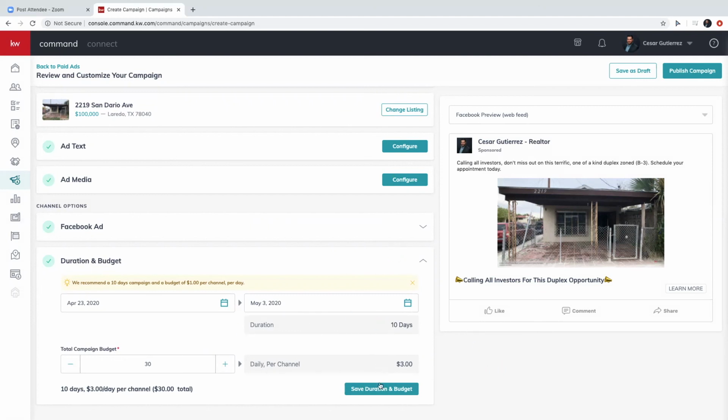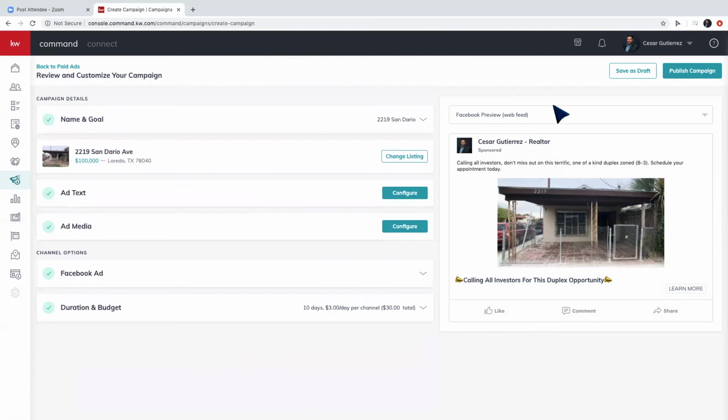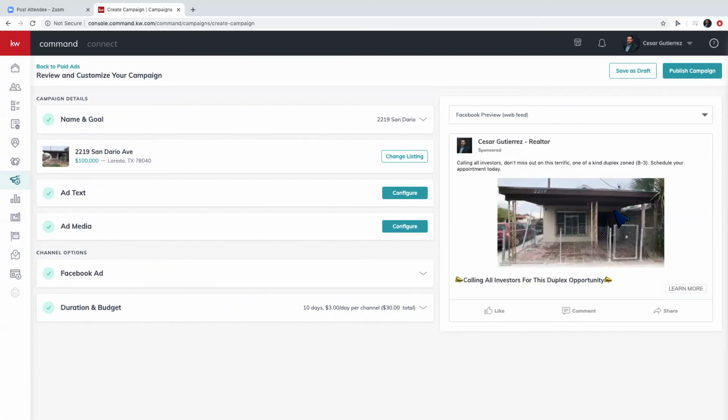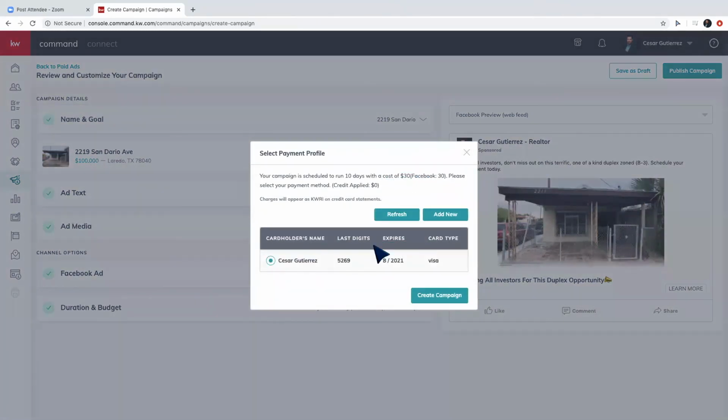So once you have that, you save, and then here you can see how it'll come out if they're on their mobile device. Okay, so once everything's checked out and you like how it looks, you'll go to publish campaign, and you'll have